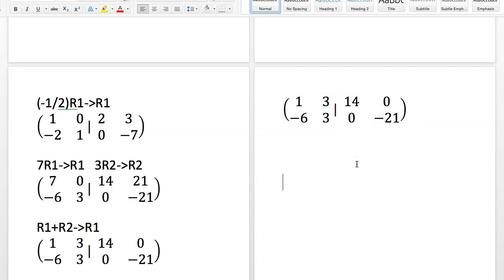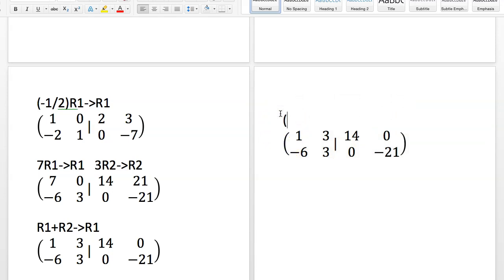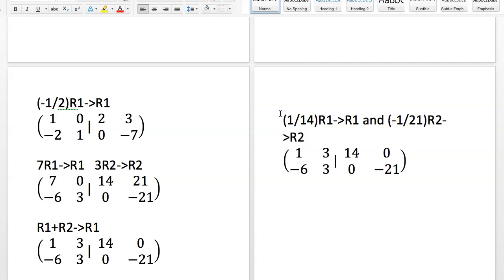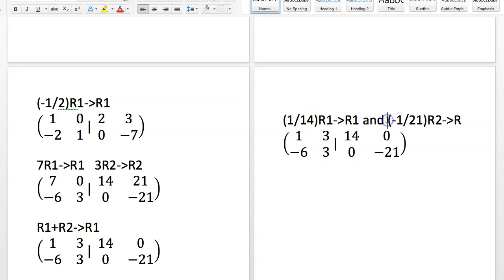Now, well, I just divide by 7 up here. Divide by, no, I divide by 14 up here. I divide by negative 21 down here, and I'm done doing that. So I do 1/14 row 1, I put that into row 1, and negative 1/21 row 2, and I put that into row 2, and I get